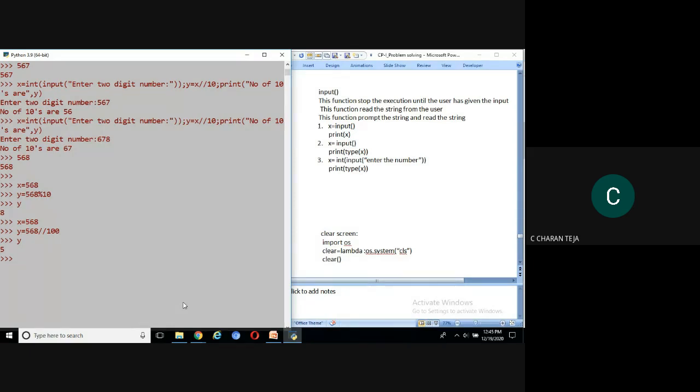568 divided by 10, sir. Divide by 10, the remainder is equal to the number of ones. Divided by, x equal to 568, right? What do we have to do, you tell me now. Simple logic here, simple computation path.